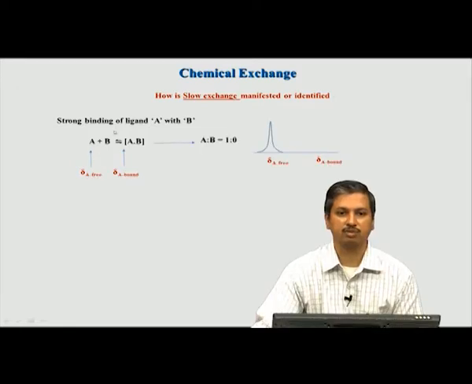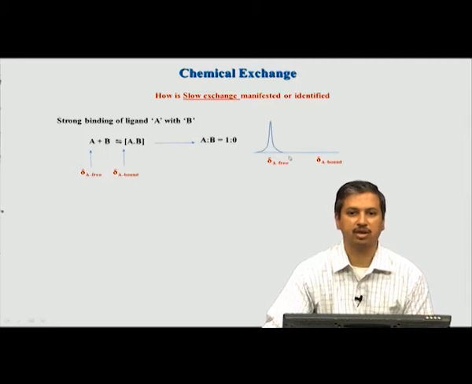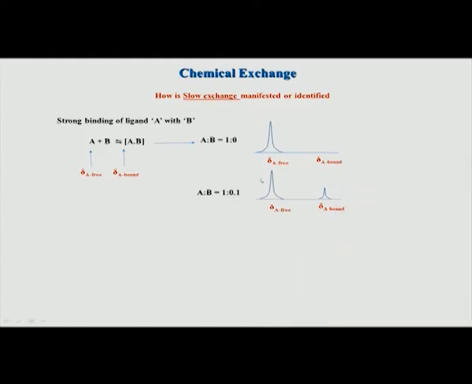So, suppose we start this experiment with only A and no B is added. So, obviously that is a free form, there is only one peak which will correspond to the free form of the ligand. Now, slowly I do this titration by increasing the amount of B. So, suppose I add a very small amount of B, then if it is a slow exchange process, this is what you should expect to see. Another new peak will appear somewhere, which will correspond to the bound form, and the old peak will slightly decrease in intensity.